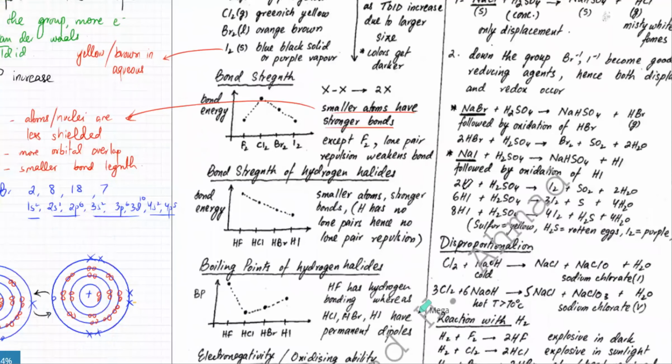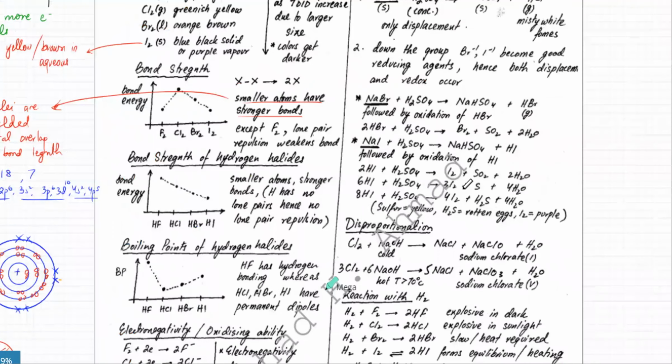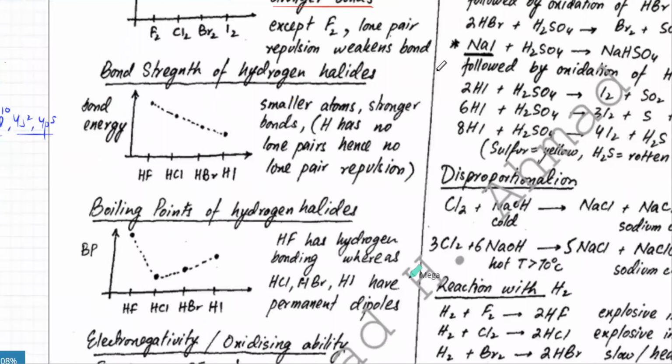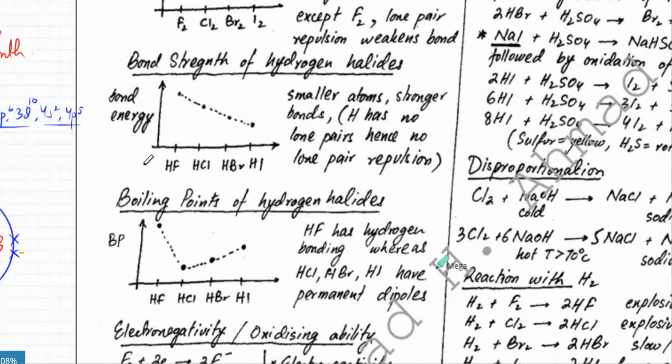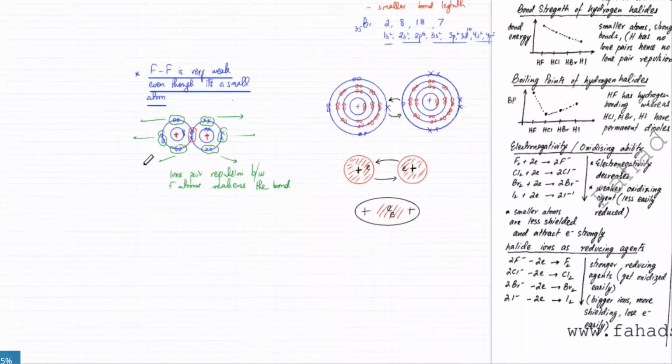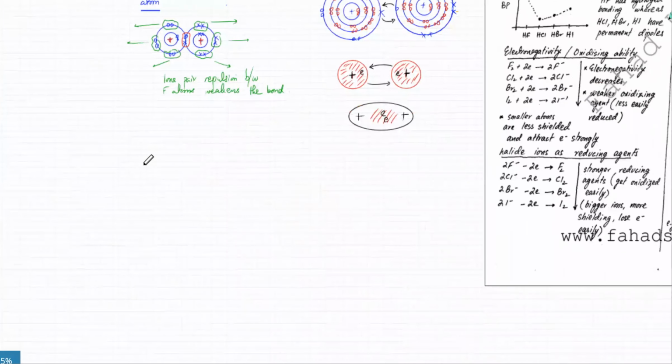Now, when it comes to the hydrogen halide bonds, HF, HCl, HBr, HI, that's not an issue there. Why? Because in HI, big atoms form weaker bonds. Small atoms form stronger bonds. So why is HF forming such a strong bond over there? The reason for that is